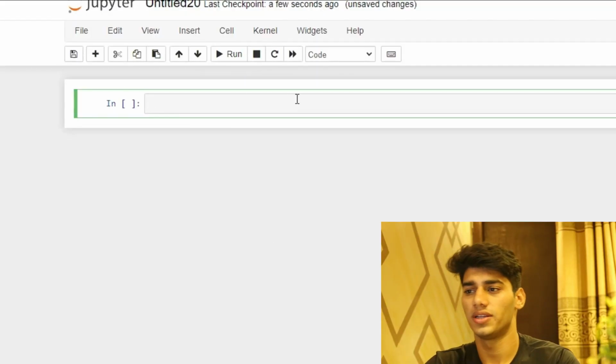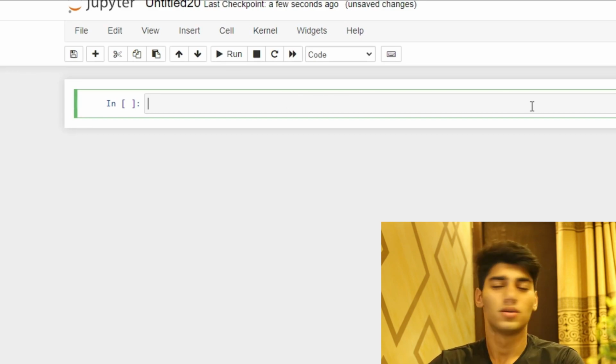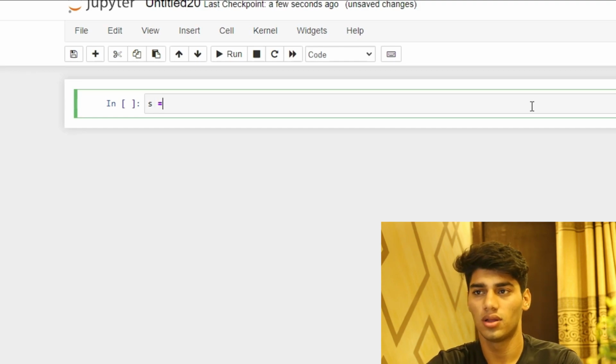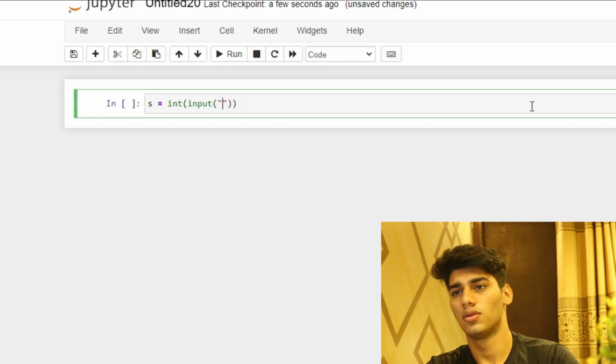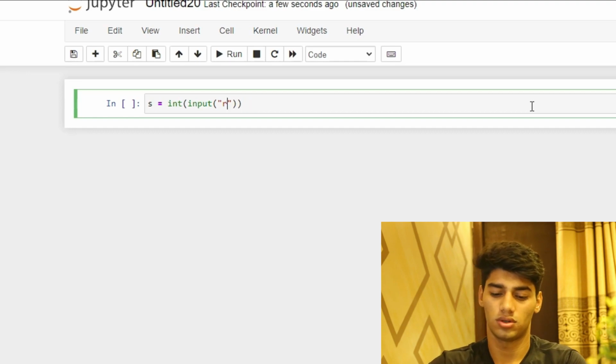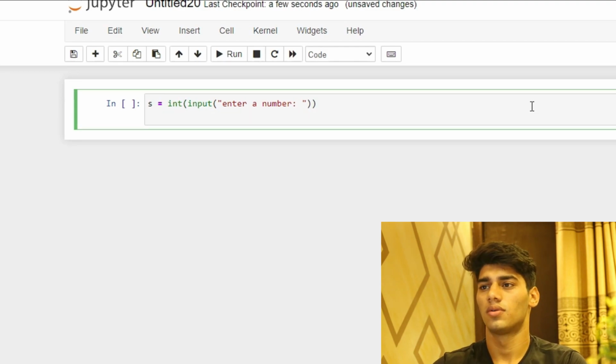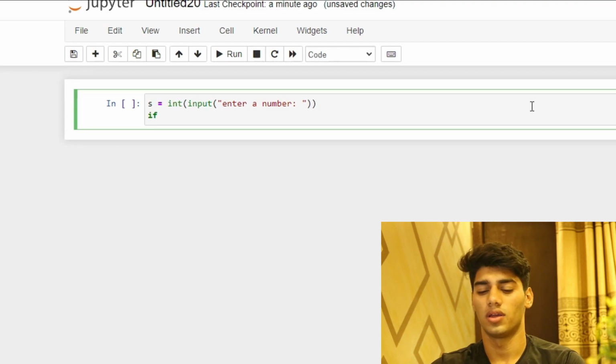So let's start. Let's create a variable s equals integer input, enter a number, and then we're going to apply an if condition. If s is greater than 50,